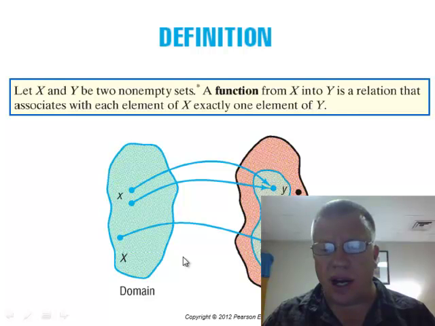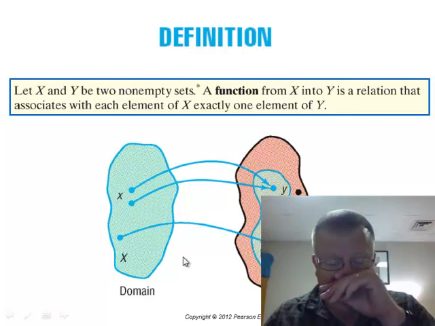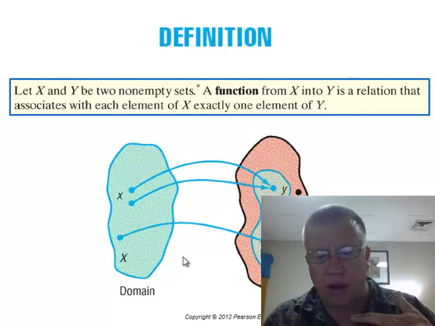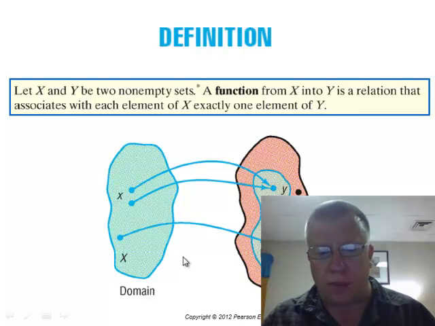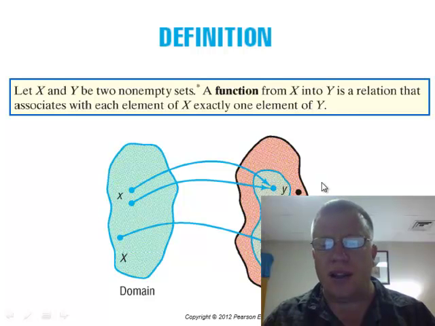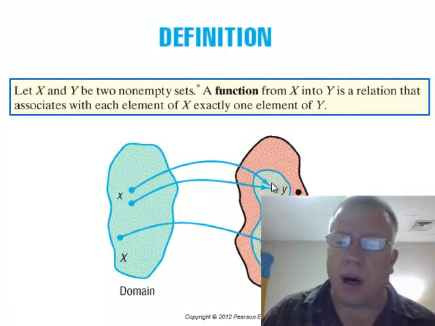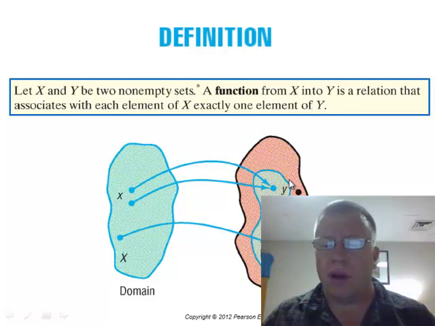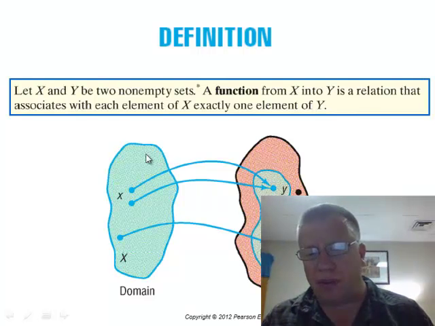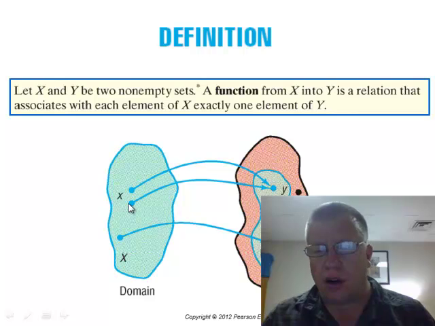And within the set Y, we have the set of images of the domain. Meaning, for all the different values that x could be in the domain, the function f is going to give you some functional values, some values for y. And that whole set of values for y is called the range, which may be a subset of the larger set that you're mapping into. So for example,